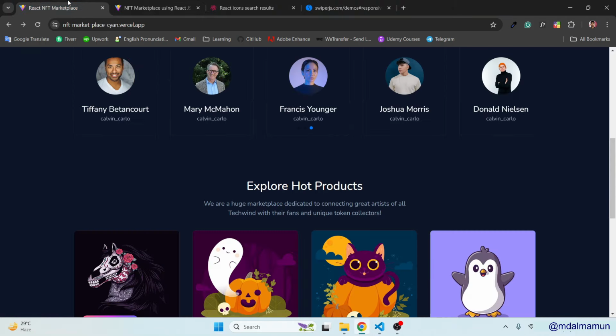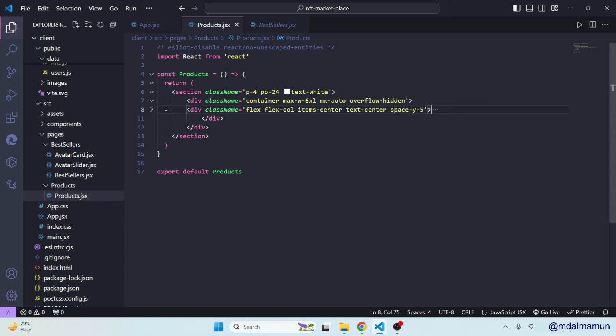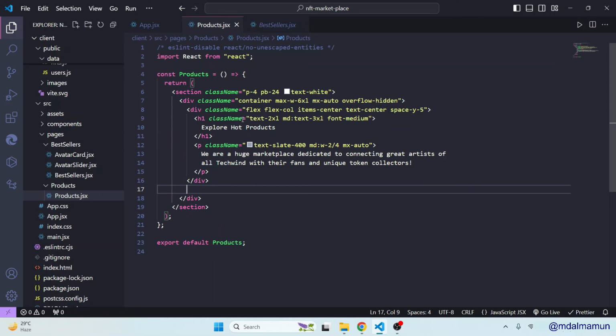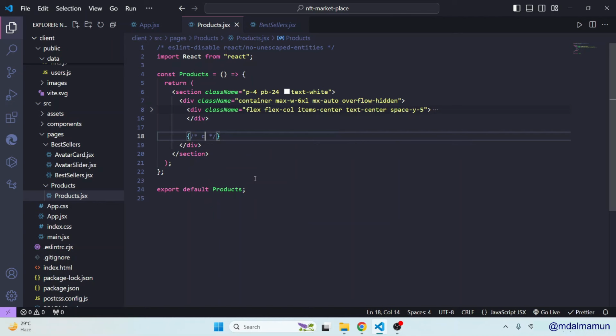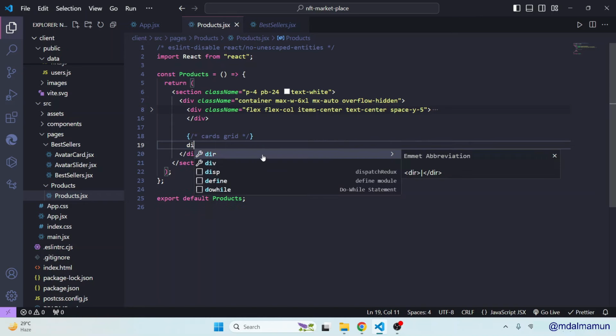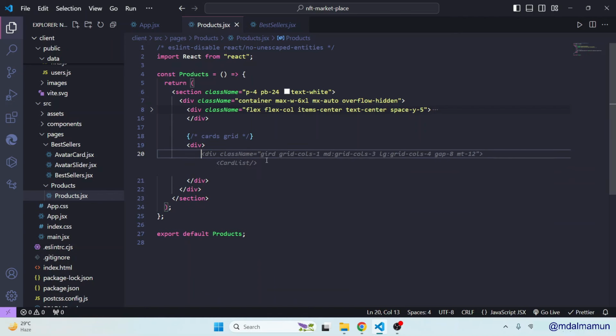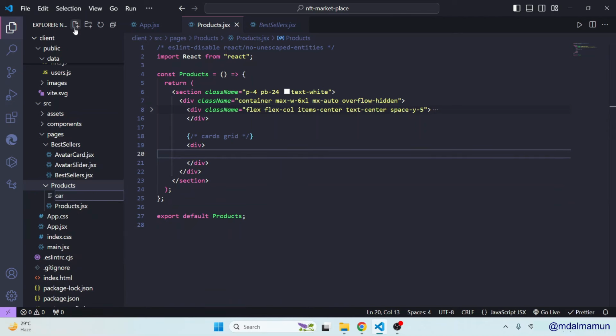Okay, so after having this, next we have to design this card. So for this, actually after this div, we'll just format this. After this, actually we can have a card section, that will be cards grid, and there you will have to design the card. Okay, for this at first we'll have a div. Inside this div we will make a card. So let me define CardList.jsx